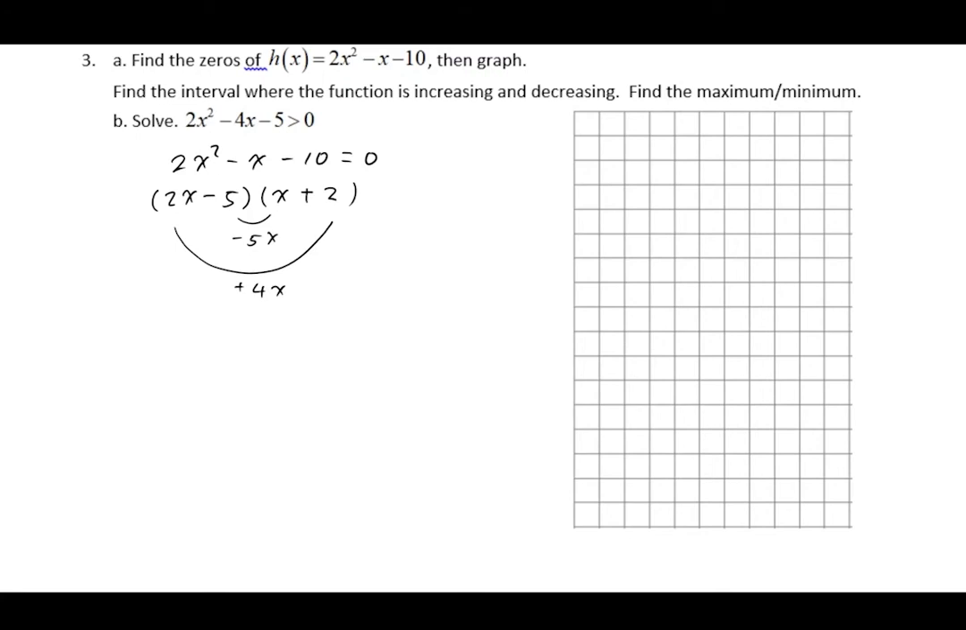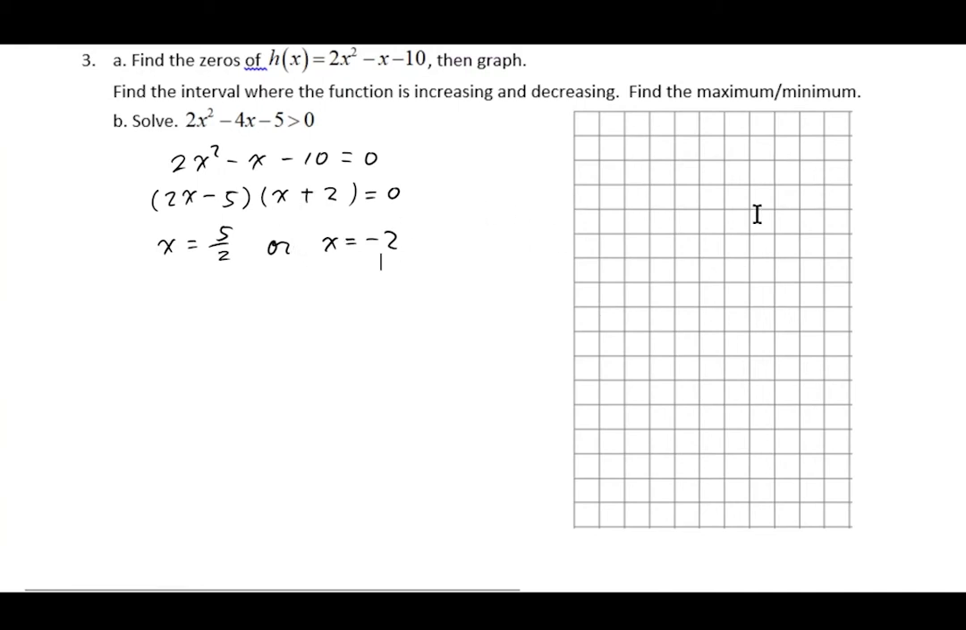Do you get the idea on how to factor this type of quadratic? Okay, so then this term needs to be 0 or the other term needs to be 0. So here I get x is equal to 5 over 2 or x is equal to negative 2 now. Okay, let's graph that. In order not to make the same mistake twice, I haven't put any axis here,